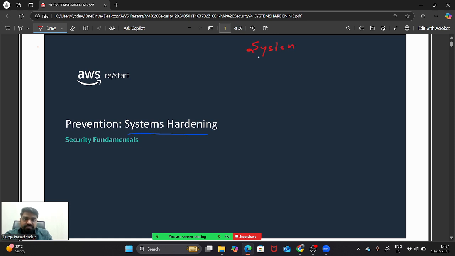System can be anything. System can be a server. In the server, you all know there are so many types of server we have. So in system hardening, you will be learning about all the servers, either a web server, a database server, a DNS server, or a mail server. Whatever types of server we have, we will be able to protect them once we come to know about system hardening. System hardening deals with the server, along with some other systems.